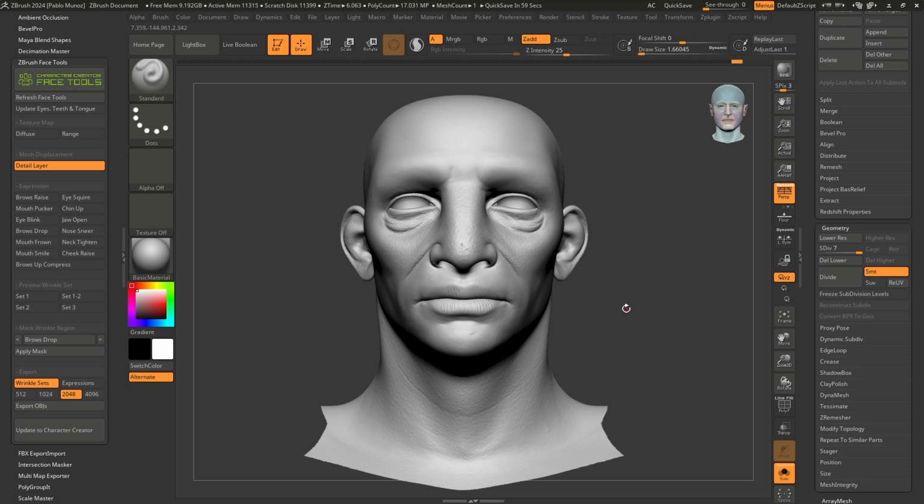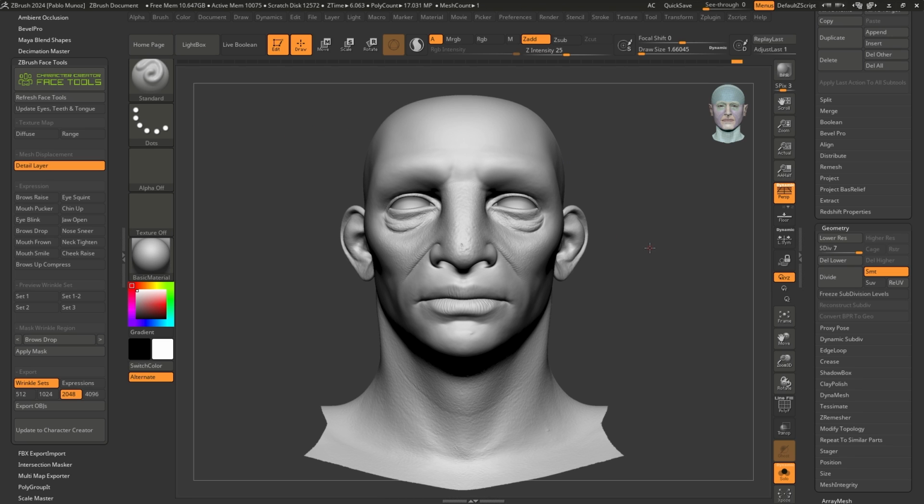It is a very repetitive action, but if you take the time and study the reference that you collected, and you actually think about where the different pores and the different type of wrinkles are placed, you get something that looks pretty cool. So what I'm going to do is just show you the process of how you can send this back to CC4, and then I'm going to show you the end result of what I created so that you have a better idea.